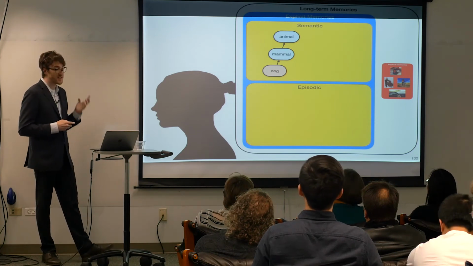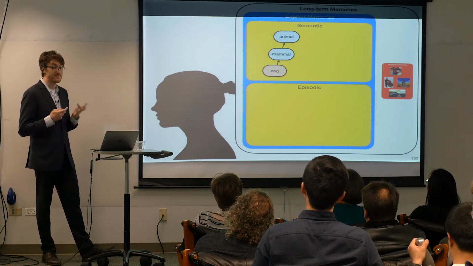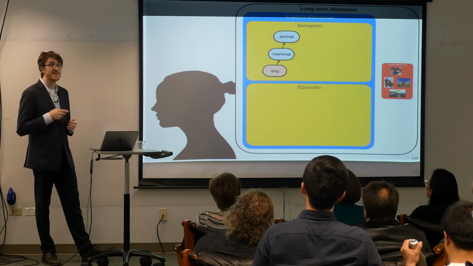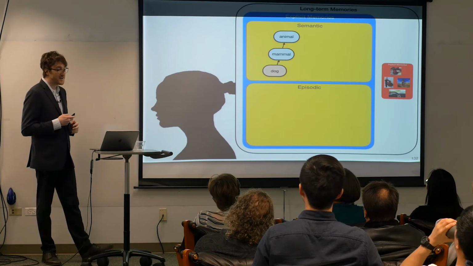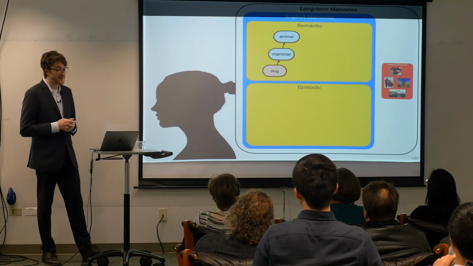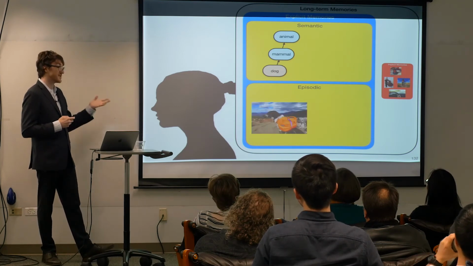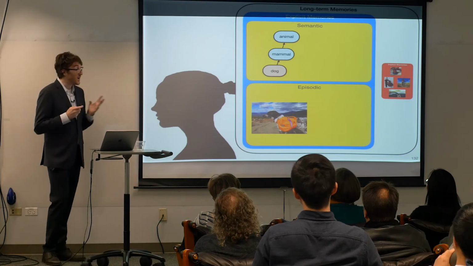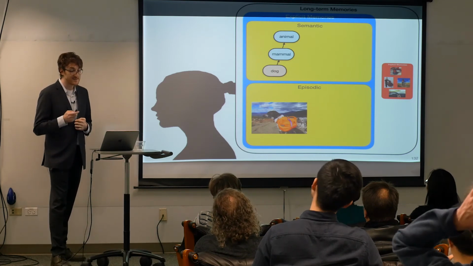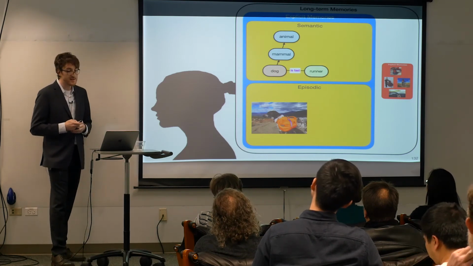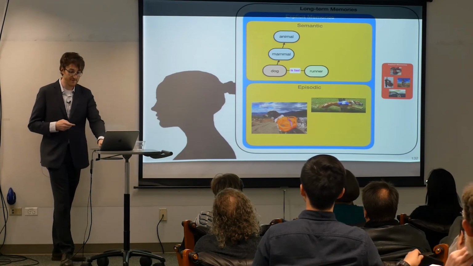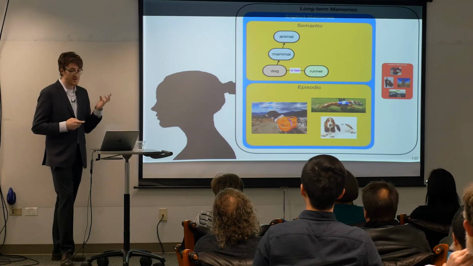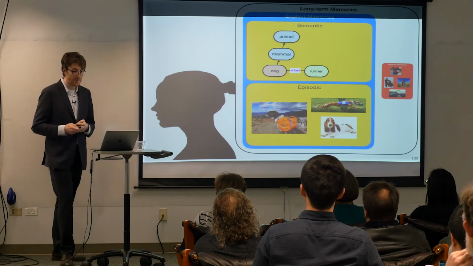On the other hand, episodic memories are the individual experiences themselves, as well as the rich context that they're made of. So instead of the abstract notion of a dog, your episodic memories are going to contain information about interactions you had with some specific dog. And while semantic memories are going to have facts like dogs being fast runners, your episodic memories are going to contain specific times you saw a dog running fast, as well as times you saw dogs that didn't run very fast.